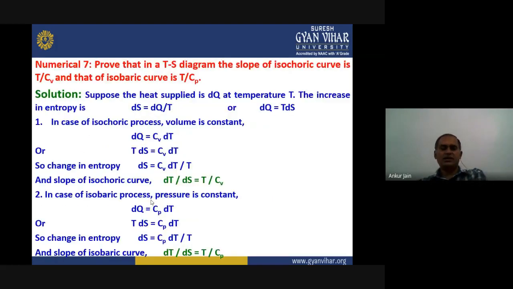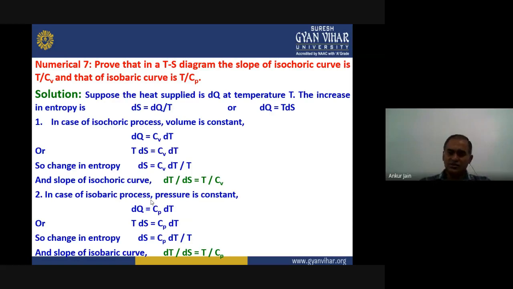Let us move to the next question of today's lecture, which is related to the TS diagram. That was an important diagram in place of the PV diagram. We introduced this diagram when the need for entropy was realized by Clausius. So it is quite similar to the PV diagram. The P axis on the y-axis can be replaced by T on the y-axis, and here the volume axis can be replaced by the entropy term. So that's why it is known as the TS diagram.